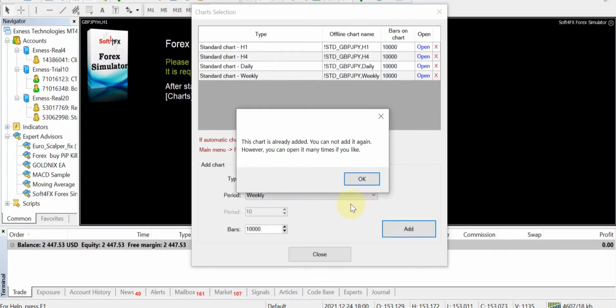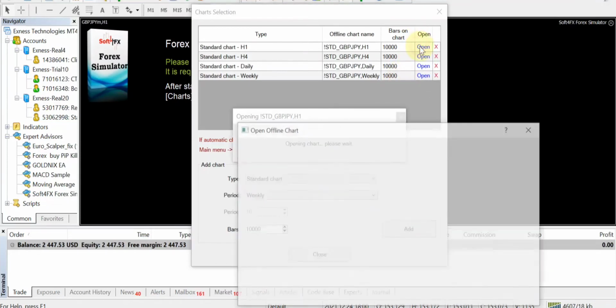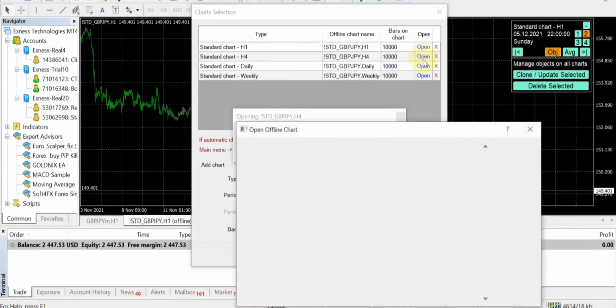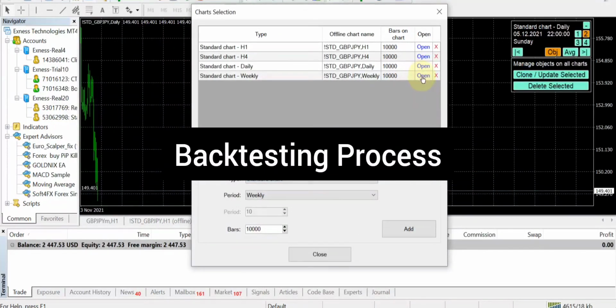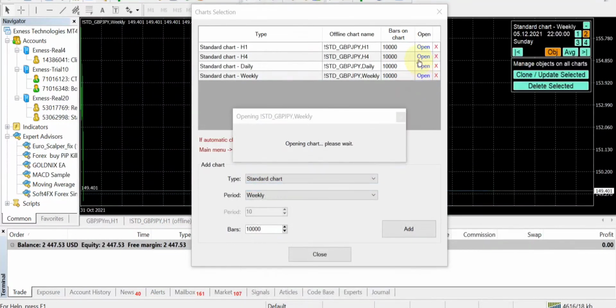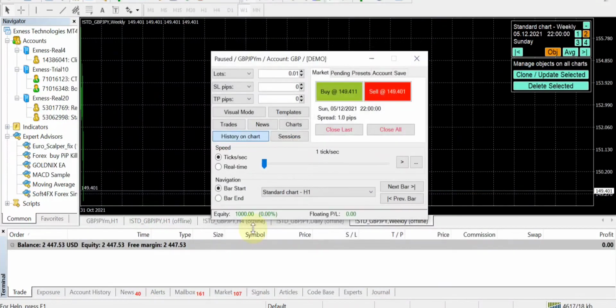The chart is already here. You can add it again. However, you can open it many times as you like. So you open the H1, open the H4, open the daily, open the weekly. Now this is for when you are going into deep backtesting mode. So that's why I really like this